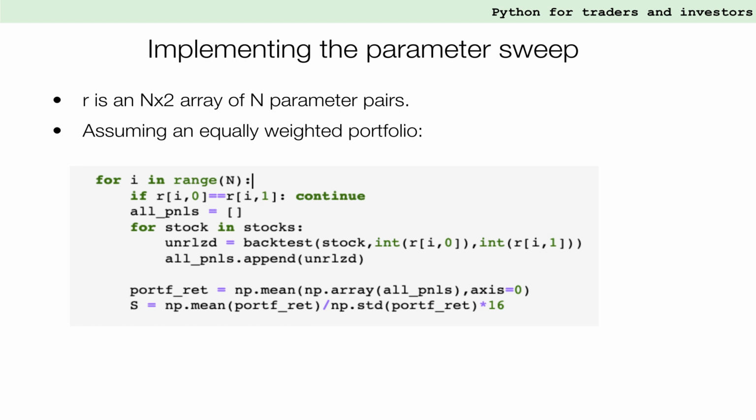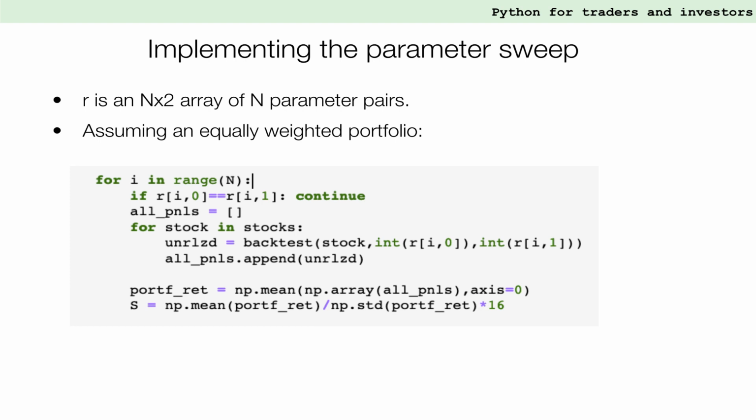Finally, we calculate the daily return of our portfolio as the mean of all the returns. This means that our portfolio is equally weighted. It is of course possible to have weighting schemes that may be better suited to the strategy. Finally, we calculate the Sharpe ratio S of the strategy as the ratio between the mean and the standard deviation